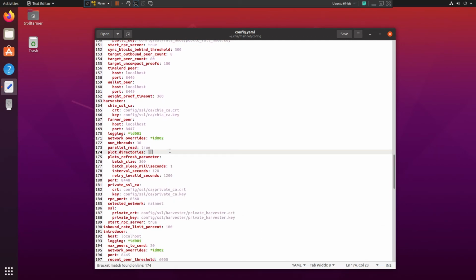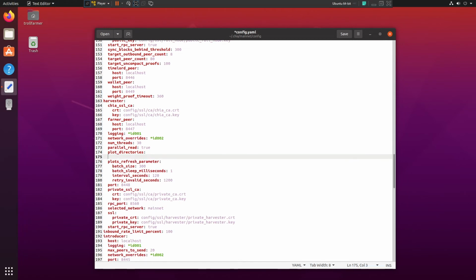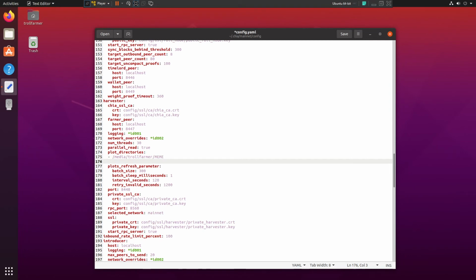So to add the plot directory for Linux, what we have to do is we're gonna do return, dash, space, and then we have to type in the source here. So media/troll farmer/meme, because that's what I named my drive, and then we will just hit return, and then that's going to save. Once we hit the save button up here,